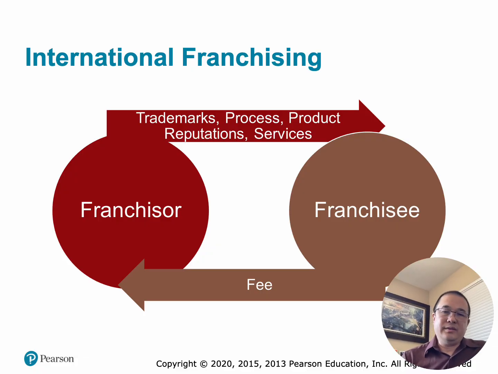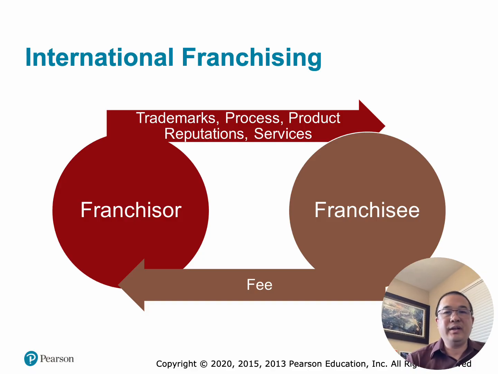This explains international franchising, which is similar to licensing but involves a much more complete business system. So what is international franchising? International franchising occurs when a company, the franchisor, allows a foreign business, the franchisee, to operate using the company's brand name, trademarks, business processes, products, operating systems, training and support. And in return, the franchisee pays fees and royalties.